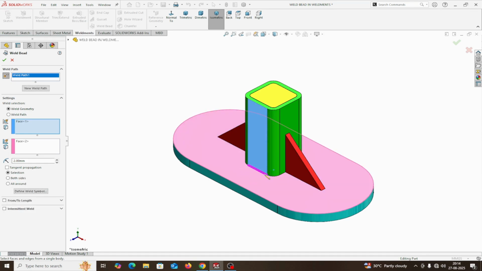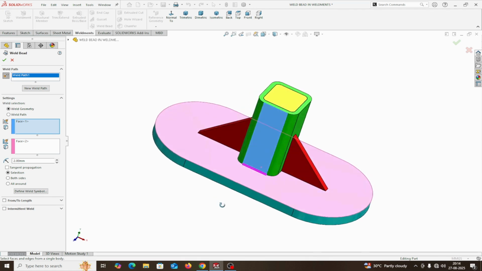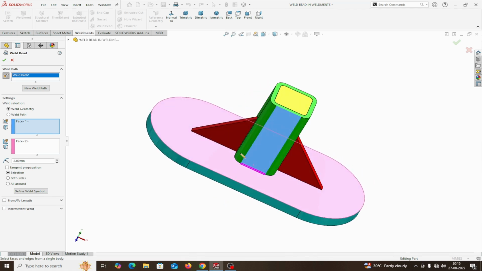Same again. I press the left mouse button on one face and drag the mouse, holding the left mouse button, onto the other face, and the second weld comes here. In this way, this is the weld. Weld comes here, and